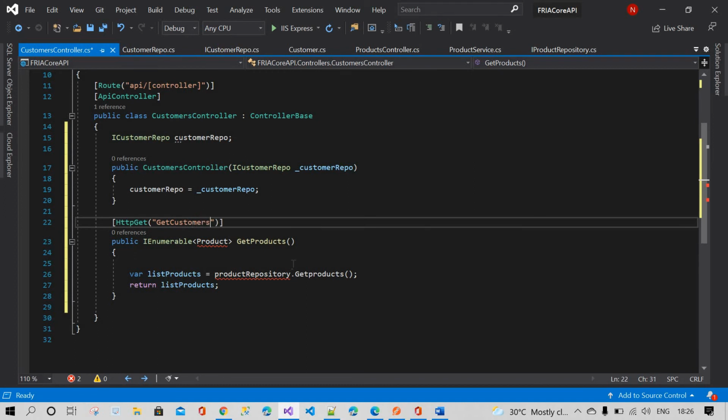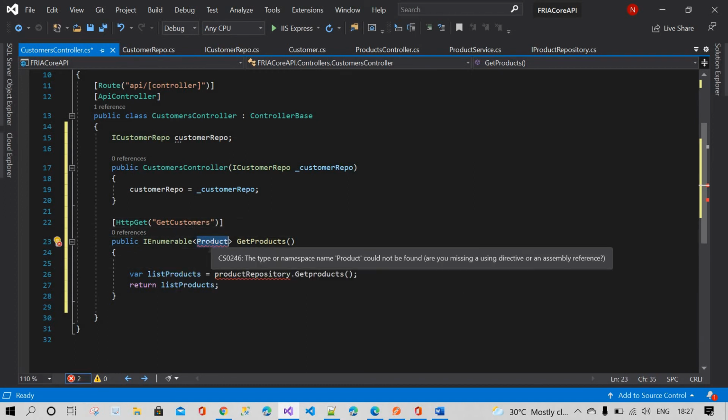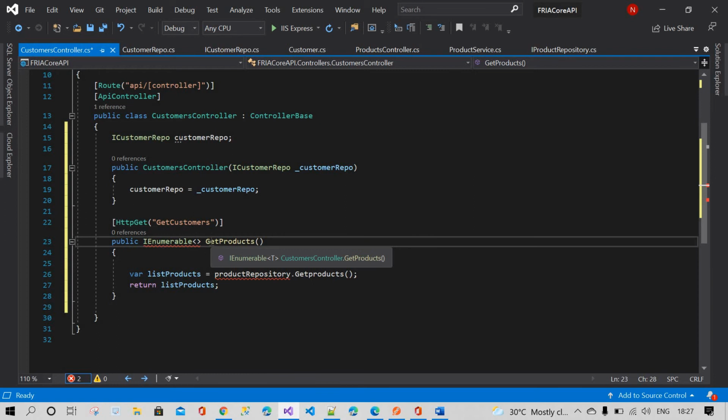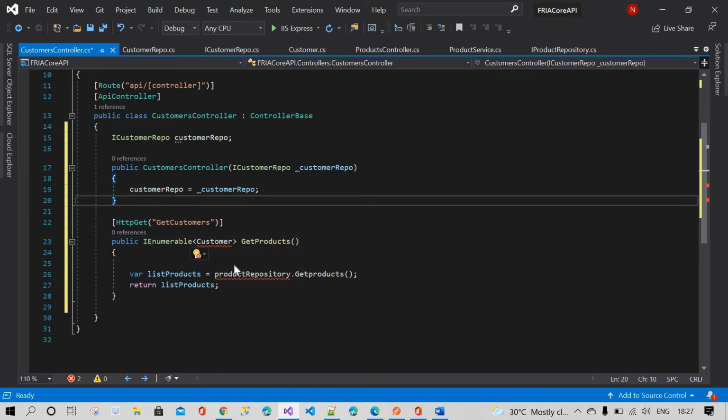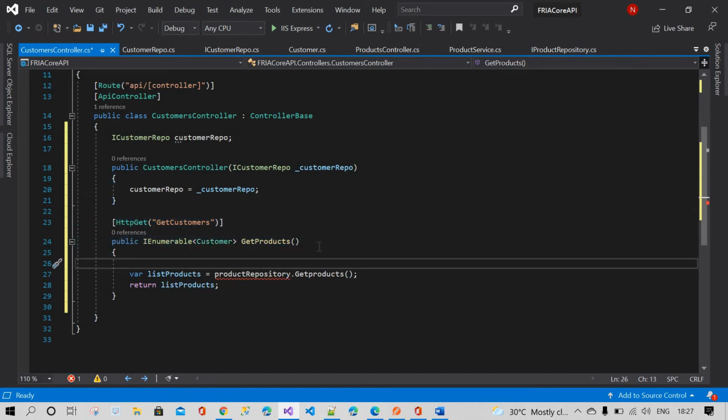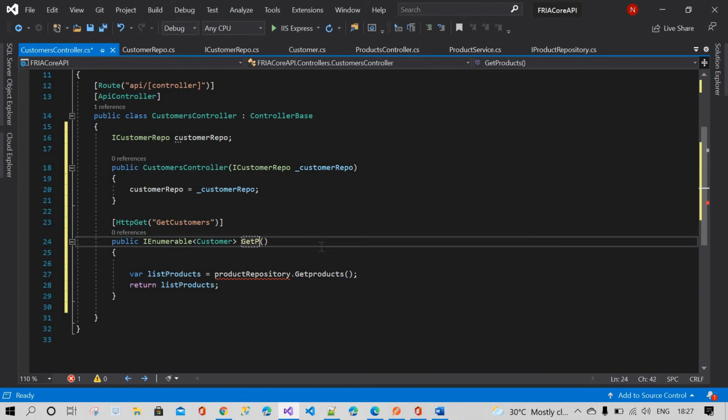IEnumerable is a type, and type means a table, I mean a class, it's customers. We need to take the references. Now the method is get customers.